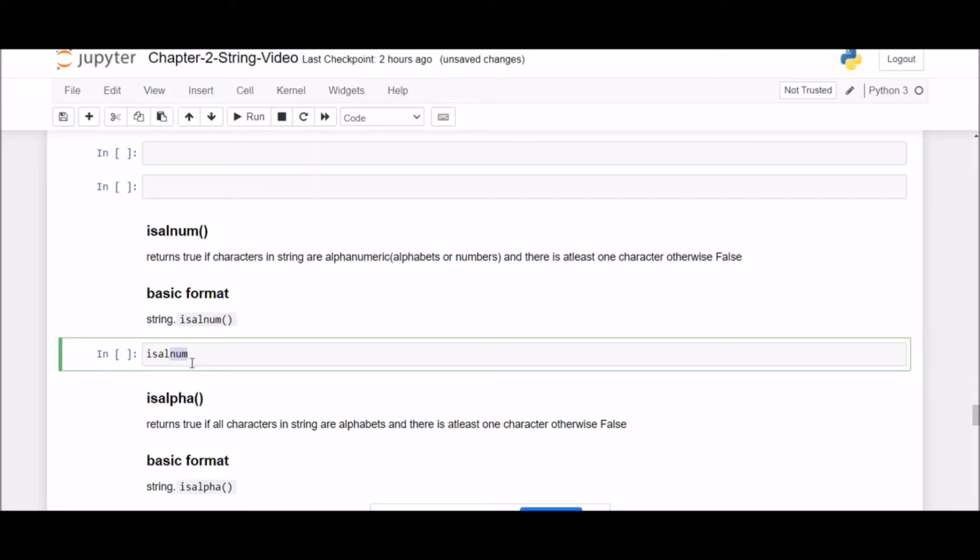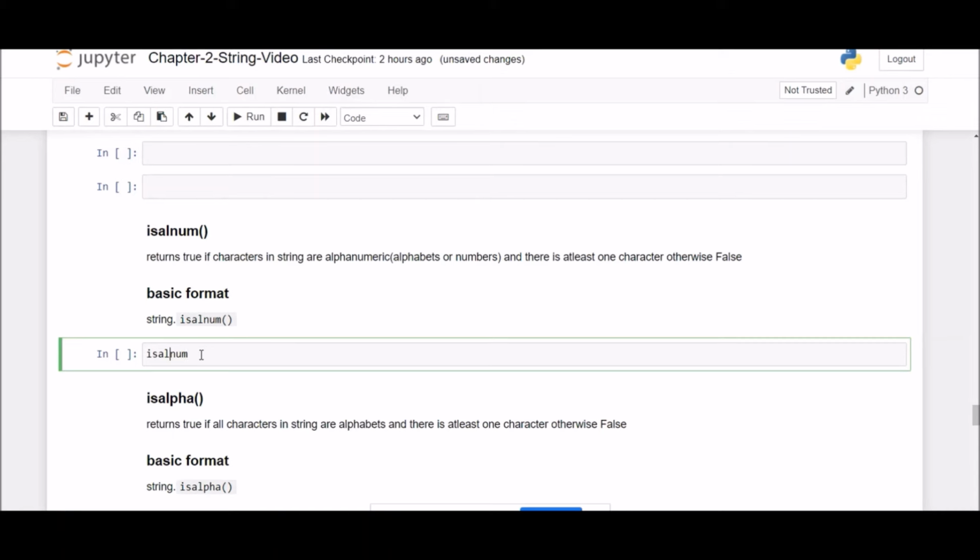So if a string contains alphabet or number, it will return true. Otherwise, it will return false. So this method also returns data of type boolean.